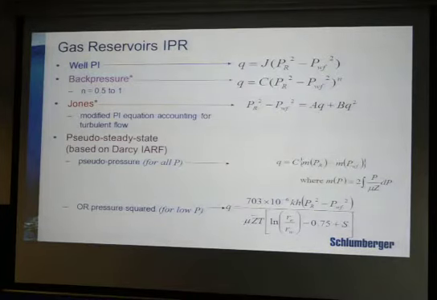Or another way out, at a low gas rate, is that we can have an average value of mu by z. We take the arithmetic average of mu by z at the 2 pressure extremes. And so in the well IPR, pressure always comes in square. Just remember, gas reservoir IPR will always have P terms in square. Oil will not have P terms in square in most of the cases, but gas will always have P terms in square. And the rest is almost the same as we have discussed.